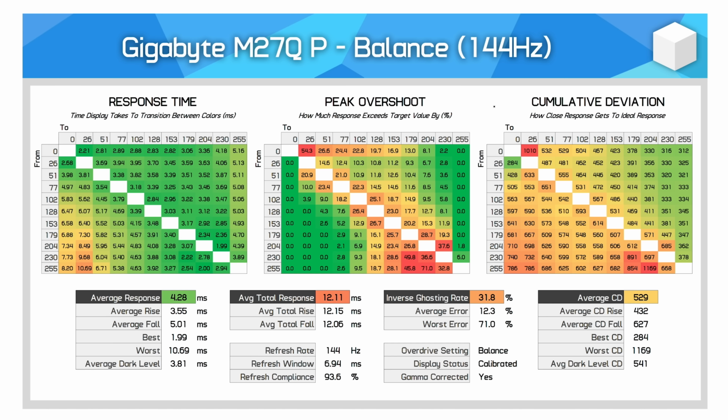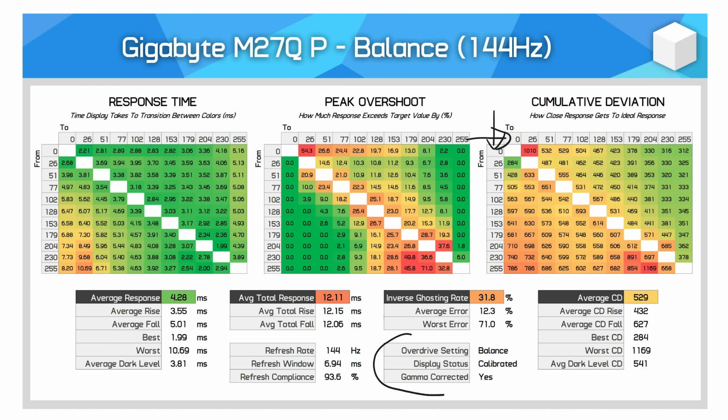The final thing to note here is that for all of these heat map charts that we're using here, these are all grayscale RGB values. So when we're looking at 26, 51, 77, those are all RGB 26, 26, 26, or RGB 51, 51, 51. And we use grayscale because generally speaking, there's not much of a difference comparing the response times of, say, reds versus blues versus greens. It doesn't make too much of a difference. So by testing grays, we keep it nice and consistent. All of the subpixels are illuminated, and that just gives us the best overall data that's very consistent between each